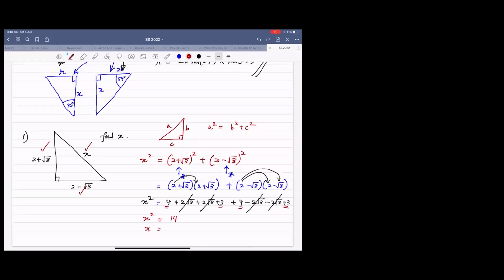So x is equal to the square root of 14. Again, I will give you that reminder. If you have x squared equal to 14, what you have to do to find x is put power half on both sides. The 2 is gone. x is equal to 14 to the power half, which means the square root of 14. So have these things handy. I taught you this before, right? So have this thing handy.